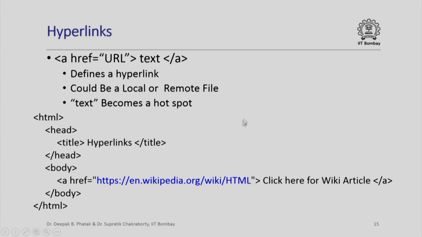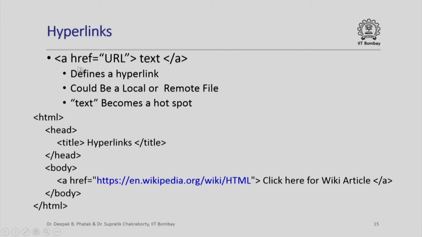Now, I want to display some text, and while displaying that text, I want to display a particular portion such that if someone clicks on that portion, I will be automatically redirected to this page. The way to do it is to use what is known as href. The tags used are a and /a. So, when you say a href equal to URL, then if you click on the text which will be displayed here, you will be diverted to that URL.